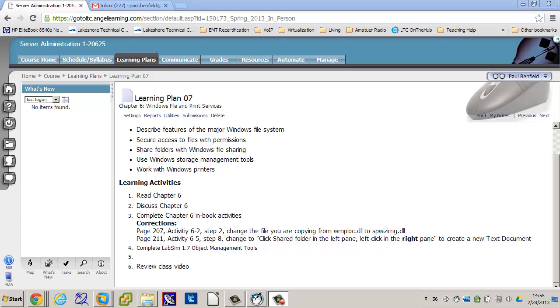You must test your shadow copies configuration. You access the shared folder, the queue data volume, from a network client, make changes to the text documents you created, and then revert to the saved version. So you actually get to see it in action. Really, really cool feature. Again, just a minor correction, activity 6-4, step 8: in order to actually create a text document, you have to left click.